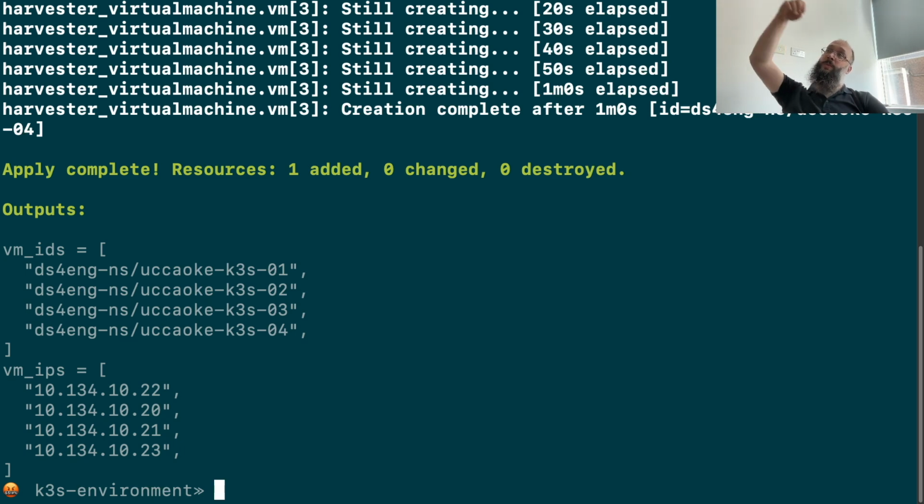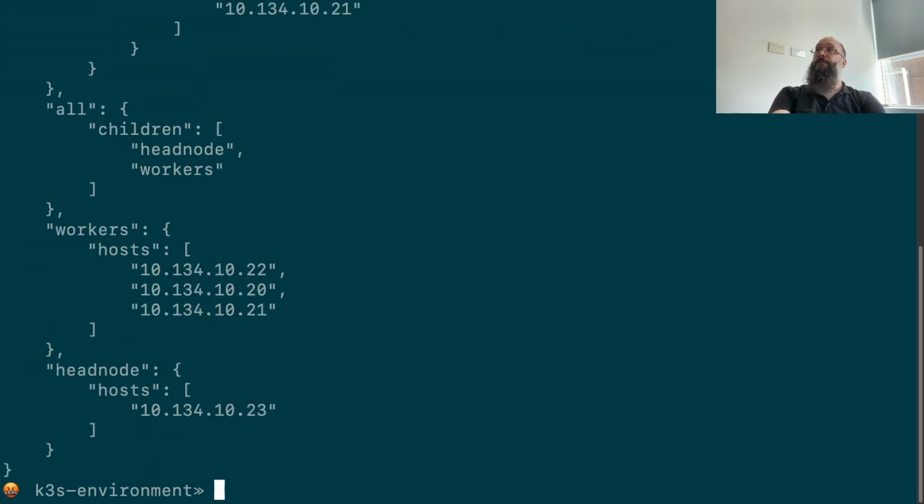We have our output with the machine names and the IP addresses. This has a slightly different version of the inventory script, which will split things into workers with three of the nodes and a head node with the fourth node. In the parlance of Kubernetes, the server is this machine, and these machines are agents. But just in the same way as before, we do Ansible